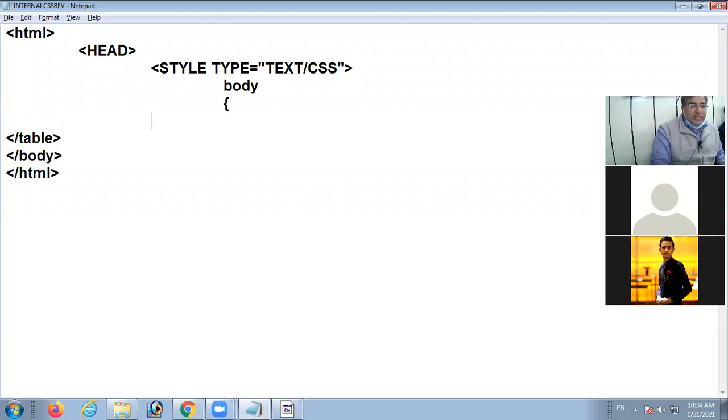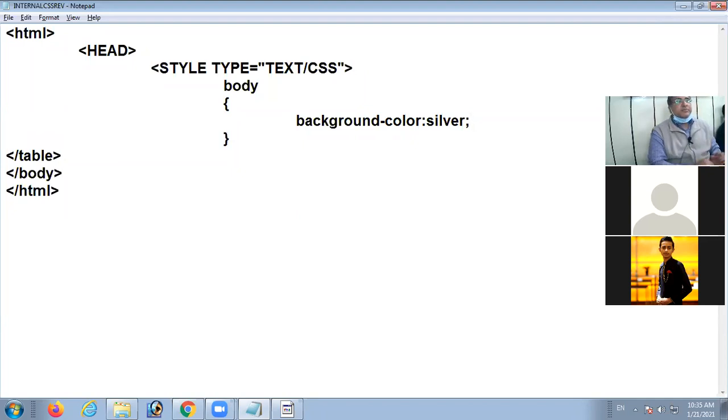So I am writing the first property, background color silver, semicolon, and I close it. This is also one of the ways to give the property. Rather, this is the clearer way. You can write in one line also, but sometimes the reading becomes difficult.